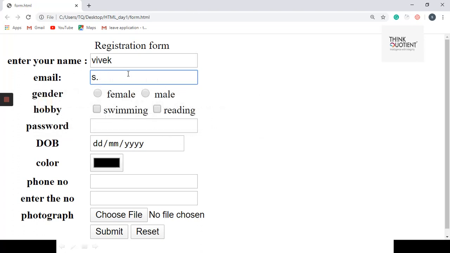So basically HTML5 gives you some inbuilt validation. So I'm going to add the @, and then gm,